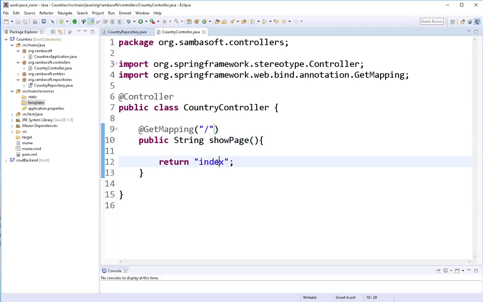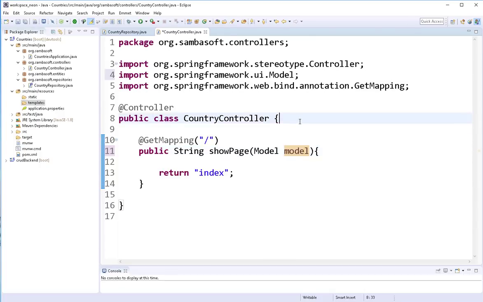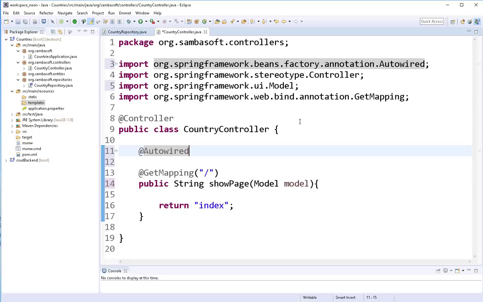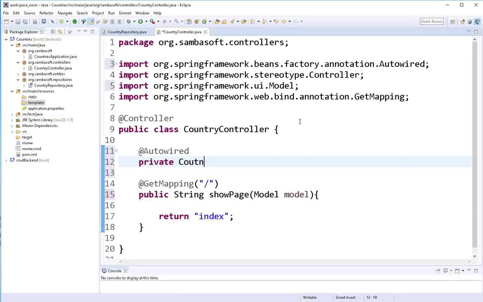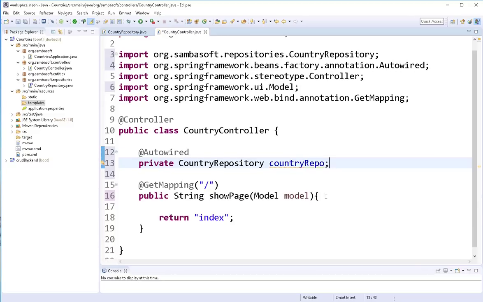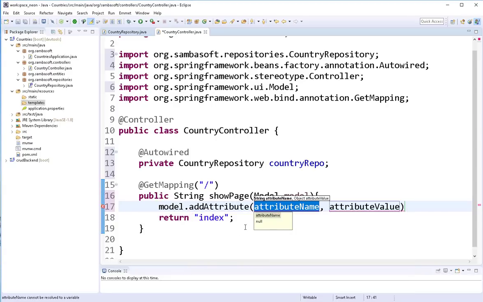And next we need to pass some data to this page. So in order to do that, we first of all need the model. I'll declare here the model, and I'll inject here the repository. So @Autowired private CountryRepository, and we'll pass the data to the view like this. model.addAttribute. I'll just call it data, and we do countryRepo